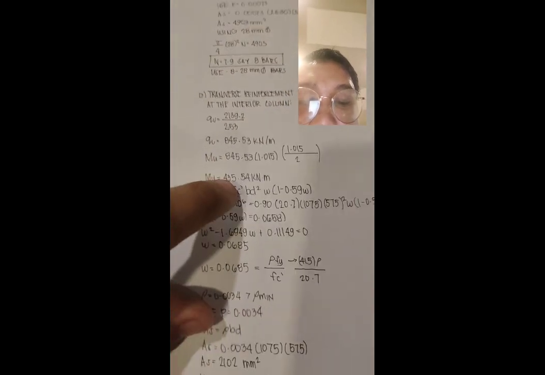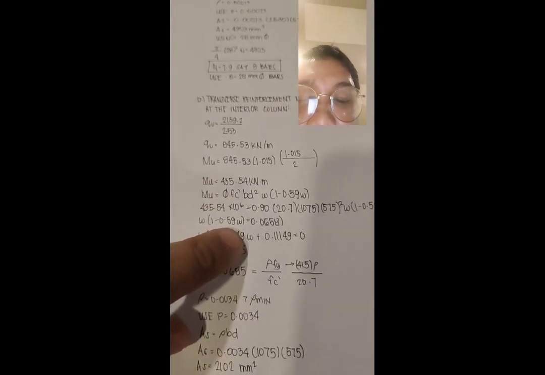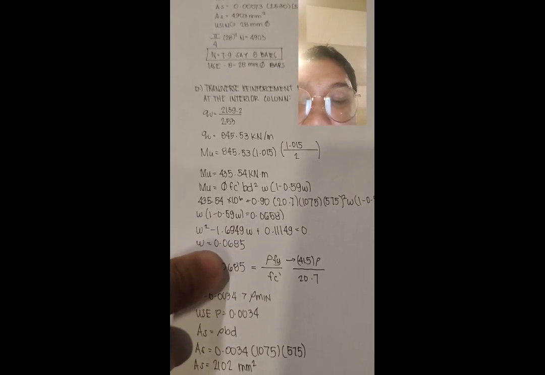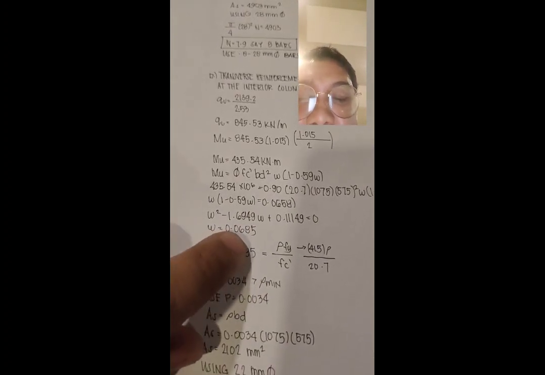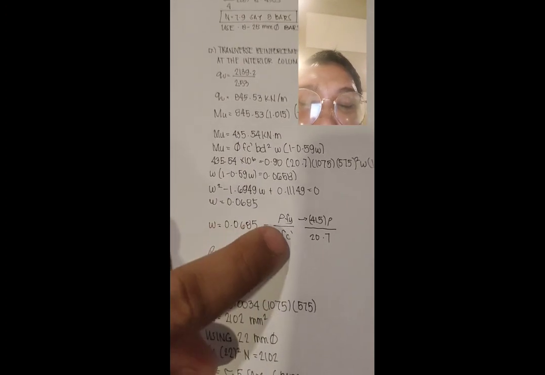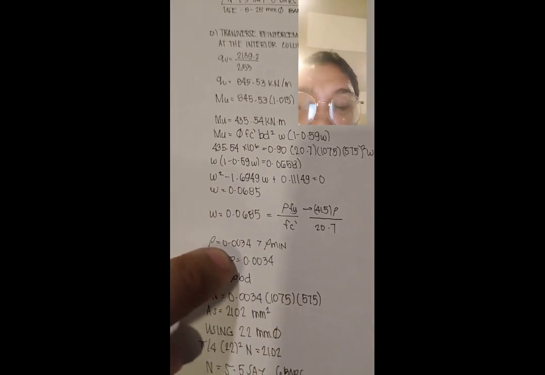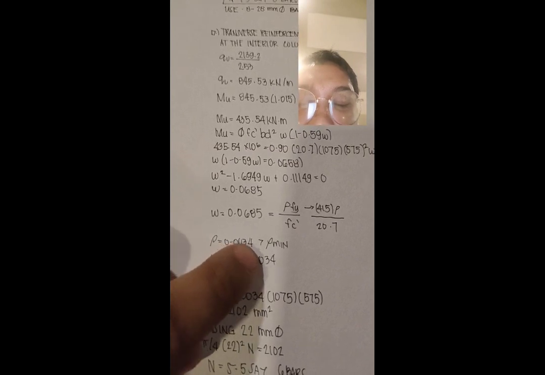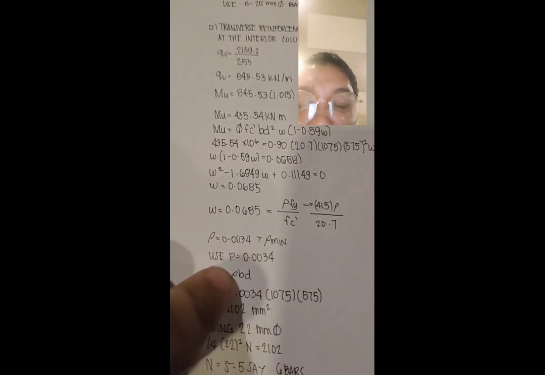So, substituting na naman natin yung mga values. And then, equating it to 0. Makukuha natin ang W natin as 0.0685. Then here, we're gonna use it again sa W formula natin to get the P. And here's the P. So, 0.0034 greater than P min siya. So, therefore, use